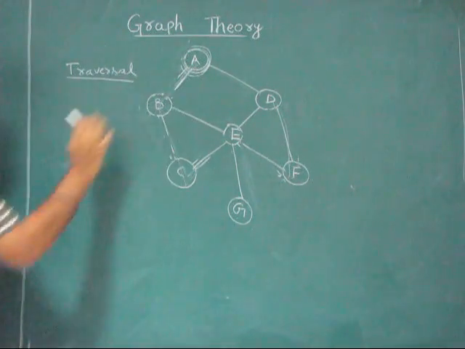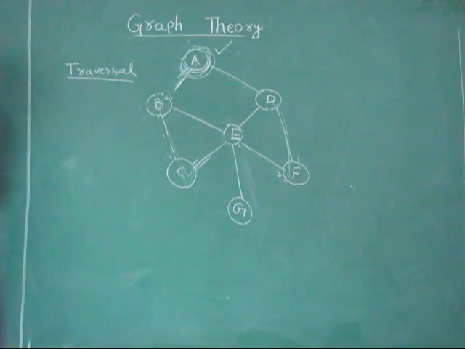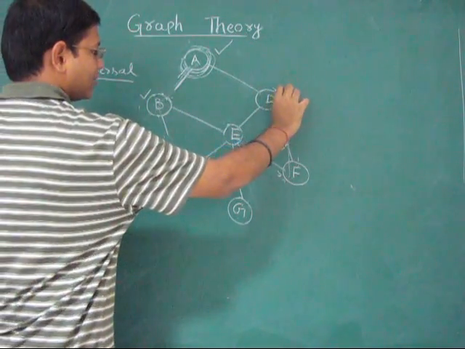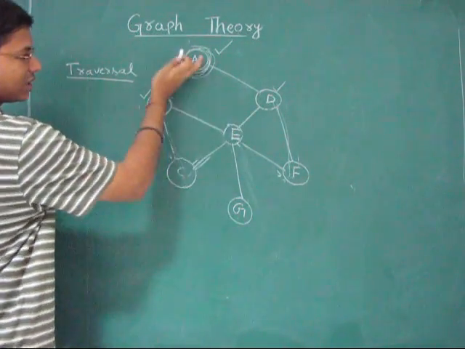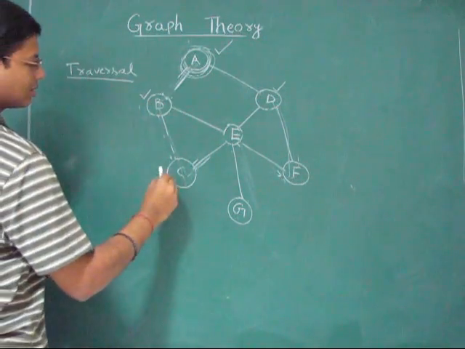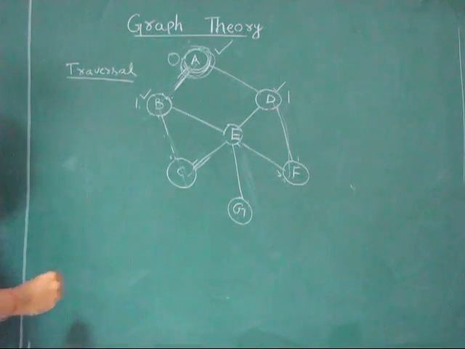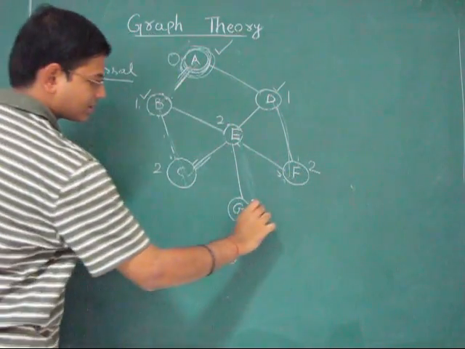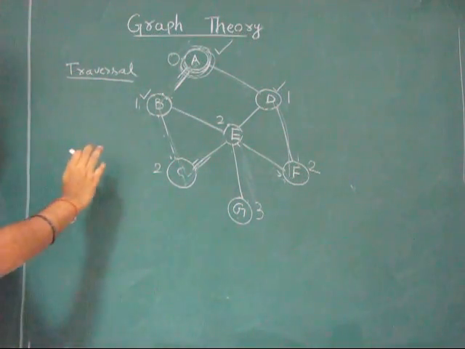If you take a traversal in this graph, I start from A and mark it as visited, and then I traverse the neighbors B and D. After traversing the vertices which are at a distance 1 from it, only then do I move to the vertices which are at a distance 2. In this case, these are at a distance 1, and you can treat A as a vertex at distance 0. These are the vertices at a distance 2 from A, and this is the vertex which is at a distance 3. So how to do this?